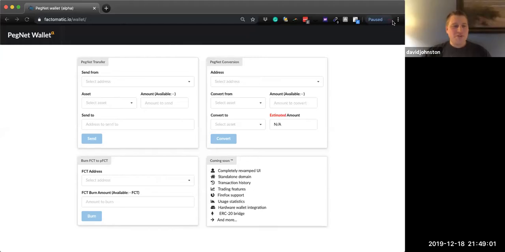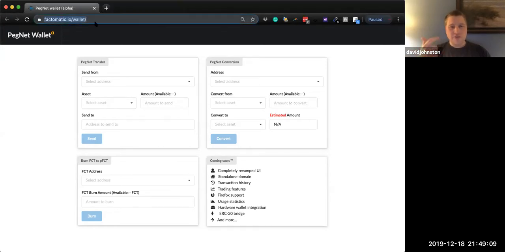Sure, no worries. So now that we've got the graphic up, effectively, this is a nice, simple interface that shows you how to do the transfers, the conversions, and the burns from factoids to peg factoids. And so those basic functions that anybody would want to use on the PegNet are now available at